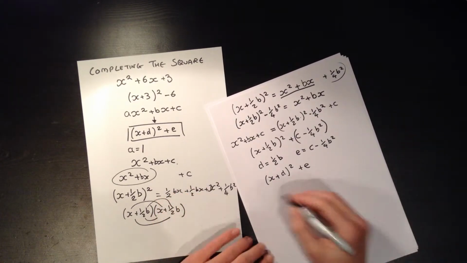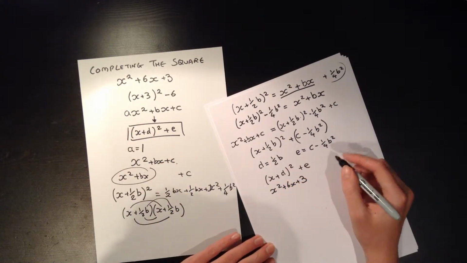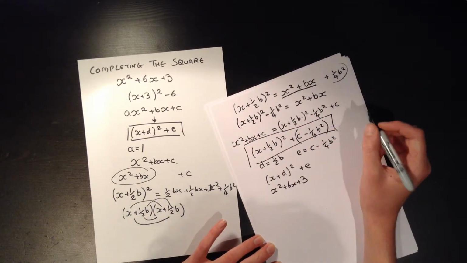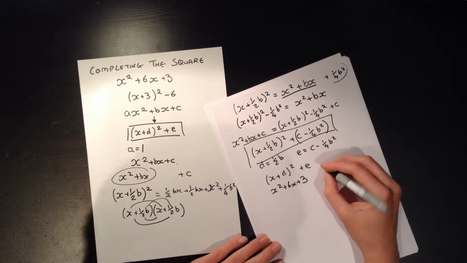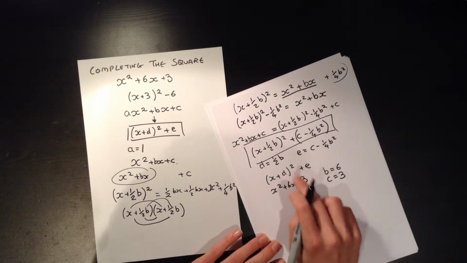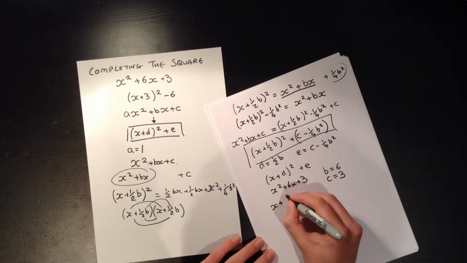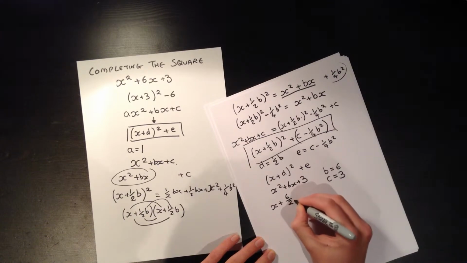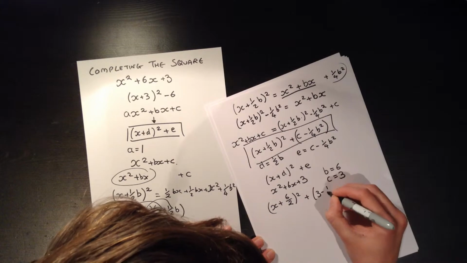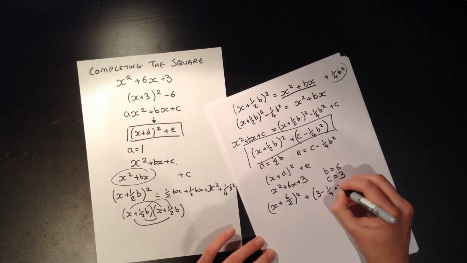Now, to take an example, if we were to take x squared plus 6x plus 3, as we have over here, and use this formula that we've got here, we can write, so b is 6 and c is 3, because b is what goes for the x and c is the constant at the end, we can write this as x plus 6 over 2, so it's half of b, squared plus 3 minus 1/4 of b squared, and since b is 6, that is 36,